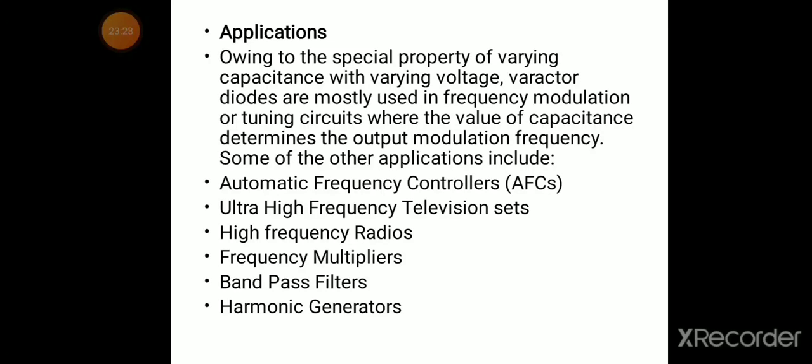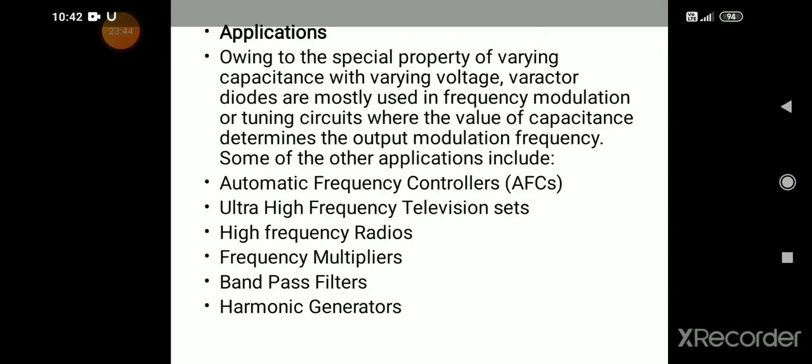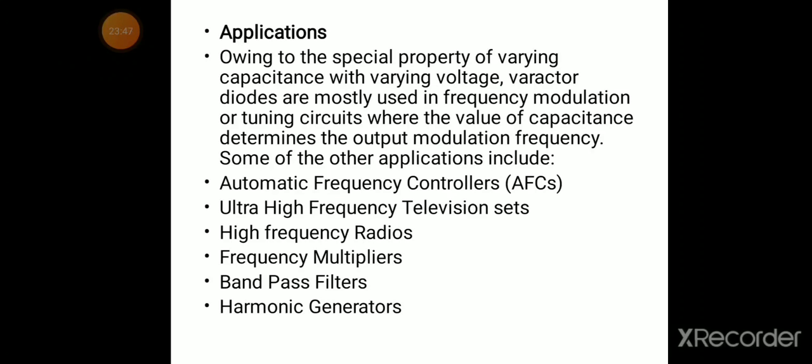Owing to the special property of varying capacitance with varying voltage, varactor diodes are mostly used in frequency modulation or tuning circuits, where the value of capacitance determines the output modulation frequency. Some of the other applications include automatic frequency controller, AFC circuits, ultra high frequency television sets, high frequency radios, frequency multipliers, band pass filters,